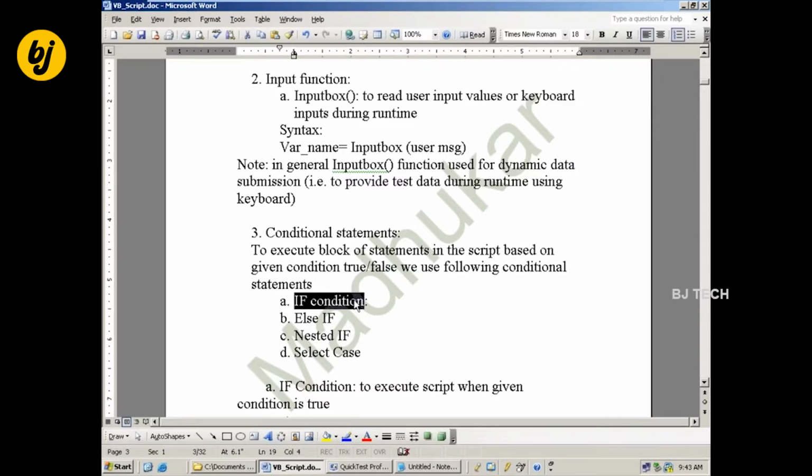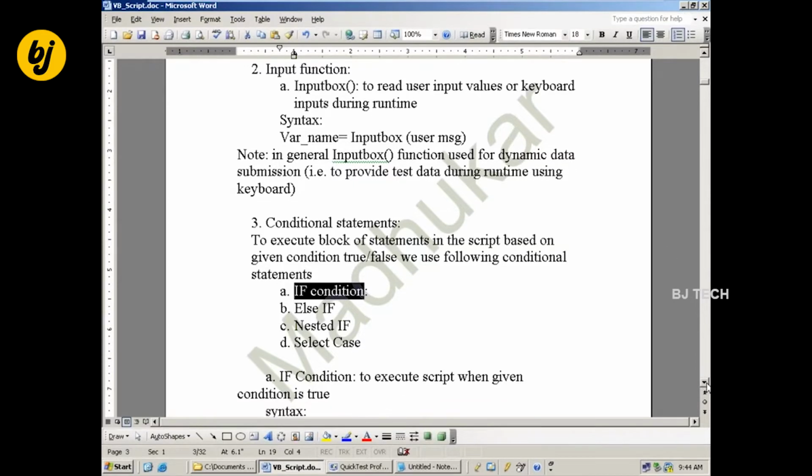First is if condition. Second is else if. Third is nested if. Fourth is select case, like switch case; here we have select case.